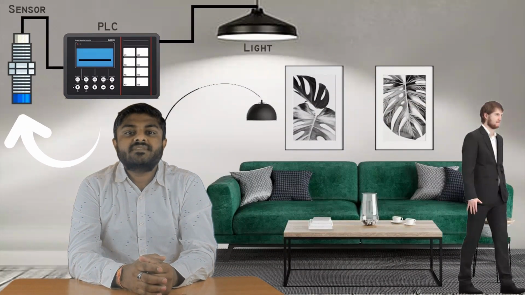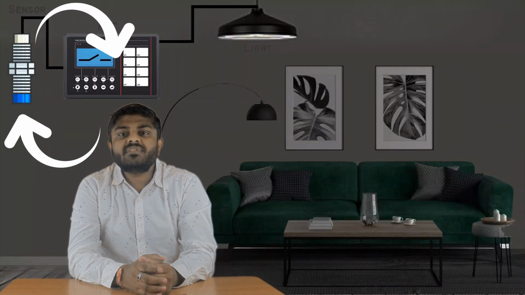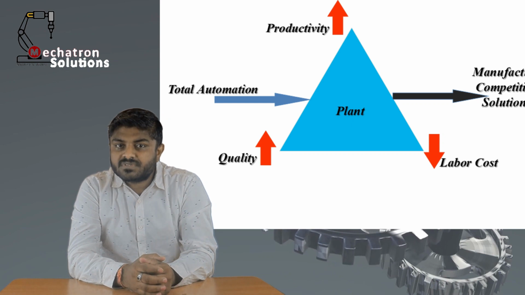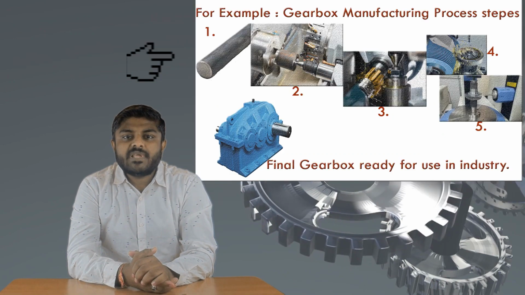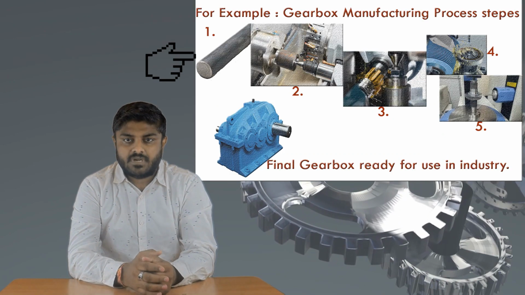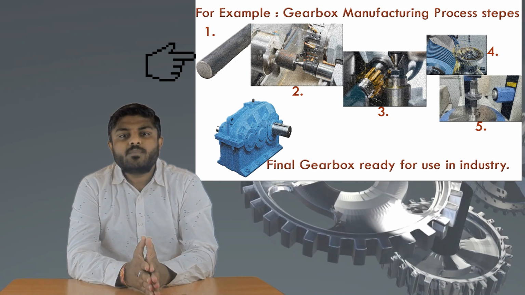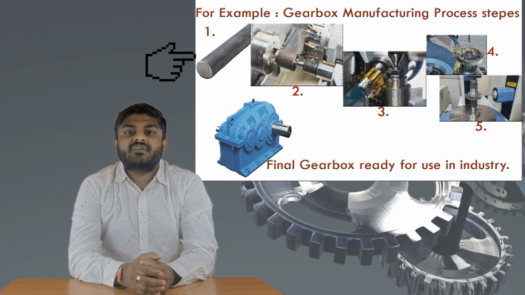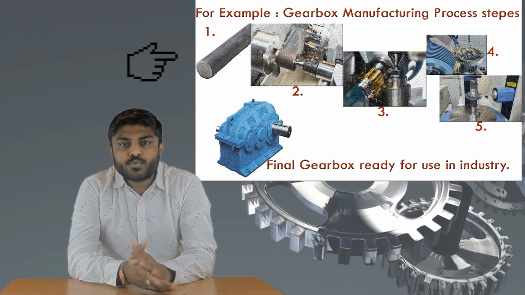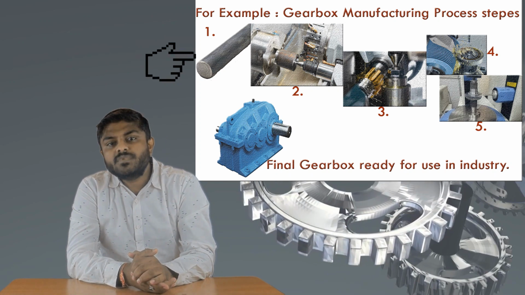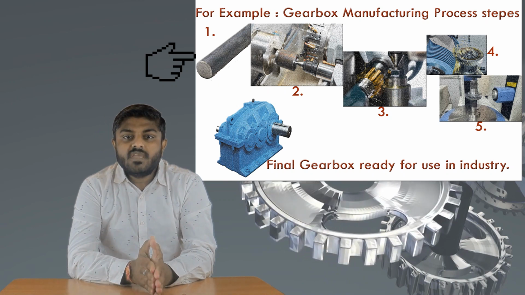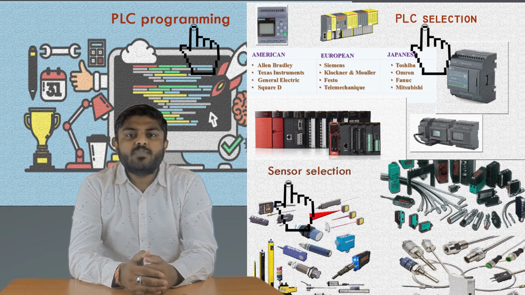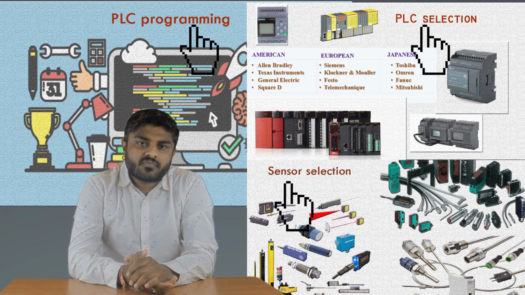Here we are using a sensor and controller to automate the lights in a home. This system is known as a home automation system. The same concept is applicable in various types of industries to remove manual processes. The only difference is that in the manufacturing industry, there are many phases to produce the final product from the raw material. So, if we know the fundamentals of automation, then we can easily implement automation in our plants or factories.